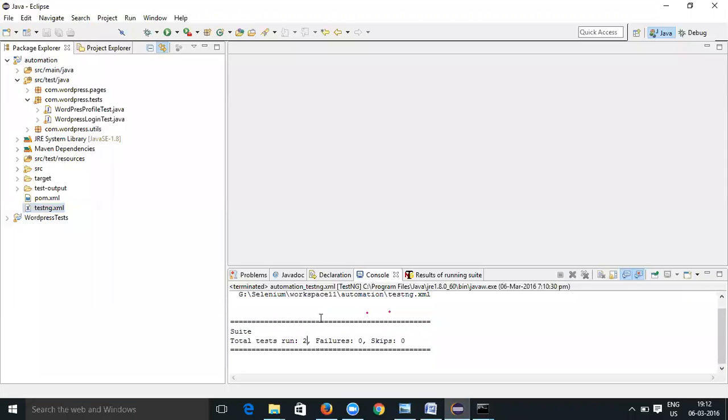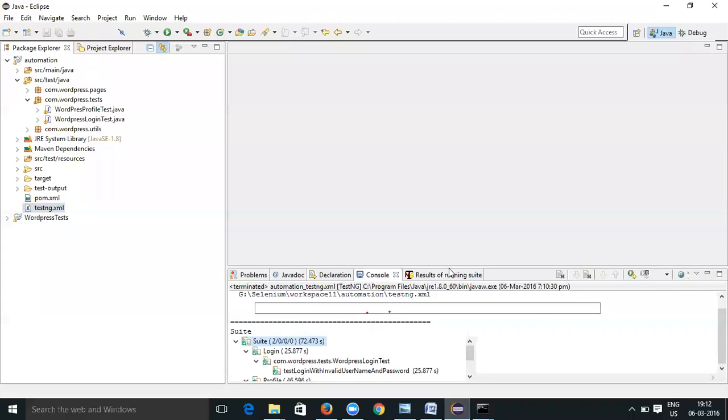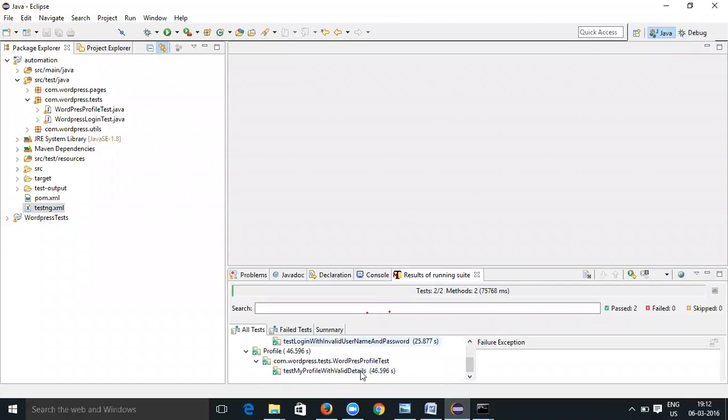Now you can see that two tests are run and two passed. So there was something wrong when I held the command prompt, and that is where it was creating unnecessary results. Now it is working fine, right?